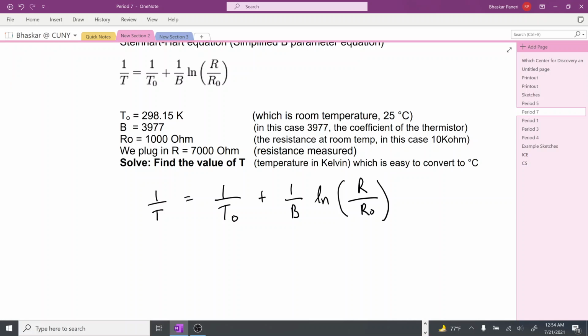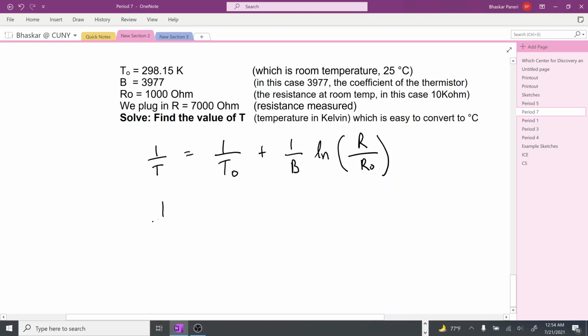Now I'm going to be substituting the values for each of these variables. So what I need to find is this temperature value here, and 1 over T0 is 298.15 plus 1 over B is 3977 and natural log of R, which is 7,000 divided by R0, which is the